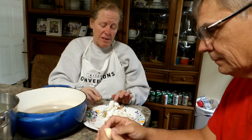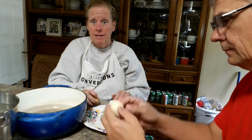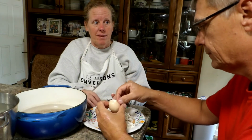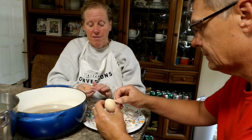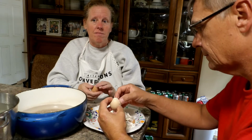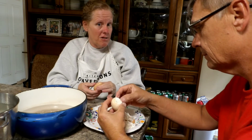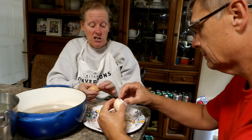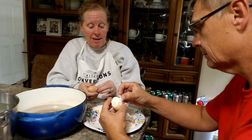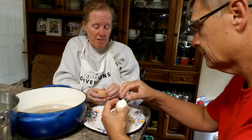We very, very rarely shell eggs. We very rarely boil eggs. Most times we just make whatever. I usually use eggs in baking or meatloaves. But this is a unique way to use up your extra eggs and actually preserve them for up to 8 months. And you will not get botulism by not putting them in the refrigerator,